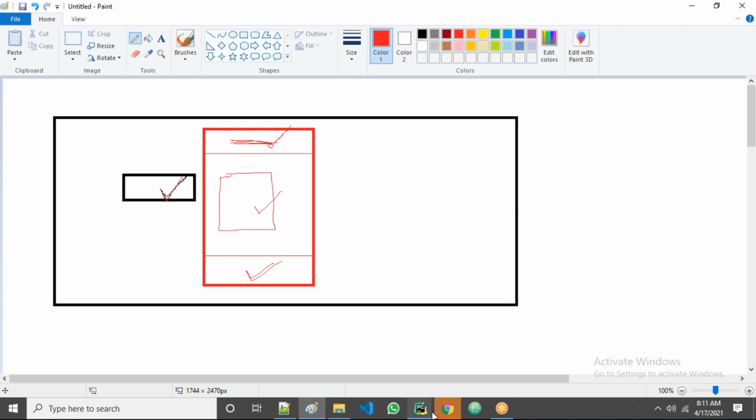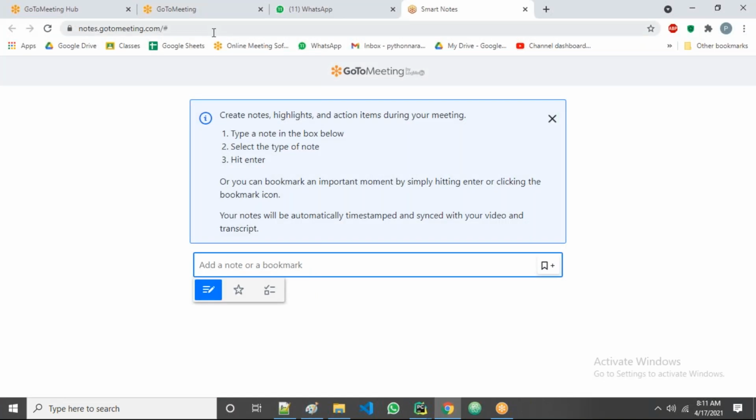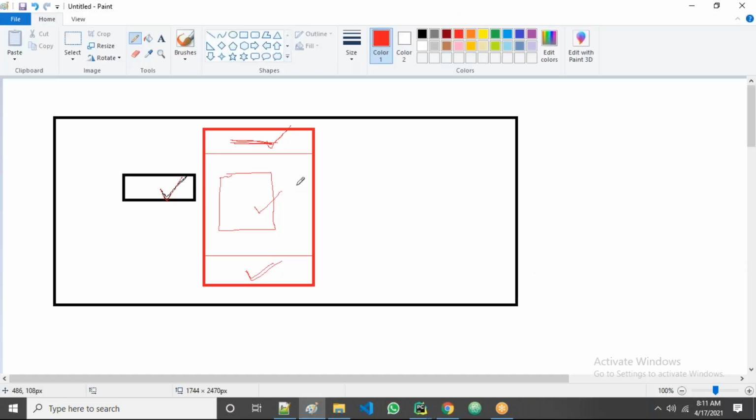For example, I'll show you some modals, guys. See, if you want to write about a person, any person, then what can we do? We can display his name here, his image here, and his qualifications. You can display his skills, his experience. All of those you can display here. Like that, guys, you can divide as per the requirement.